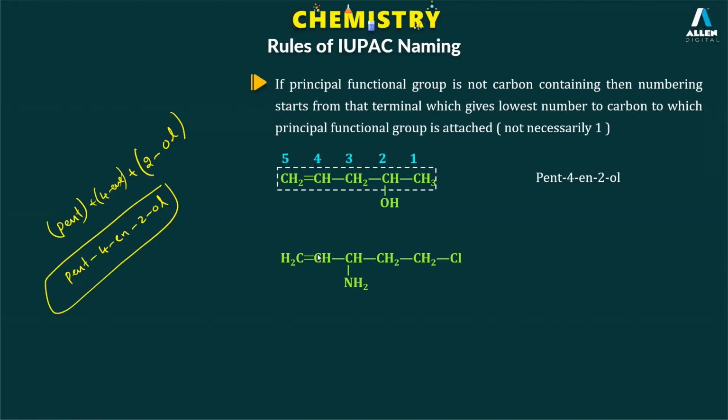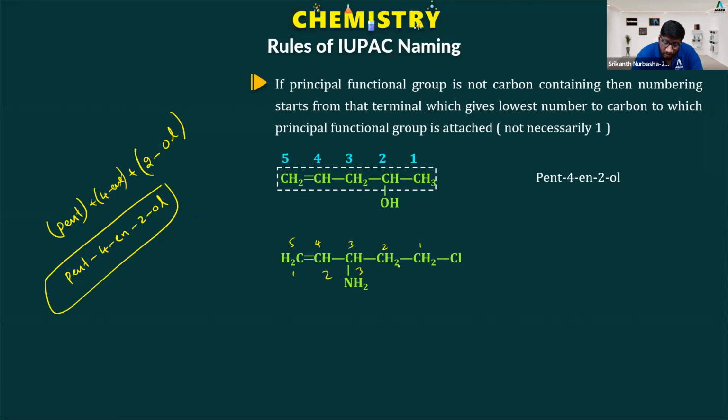Whether you can give numbering in this fashion, 1, 2, 3, 4, 5, you can also give numbering in this fashion, 1, 2, 3, 4, 5. You are getting the same third position for the amine. So which numbering should take priority? The numbering where the lowest number is given to the C=C double bond system. In this system you have the secondary suffix, just for NH2, it is amine, and Cl is the substituent. The substituent chlorine is present on the fifth carbon, so 5-chloro,